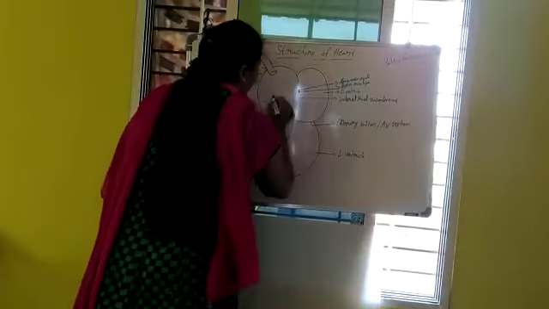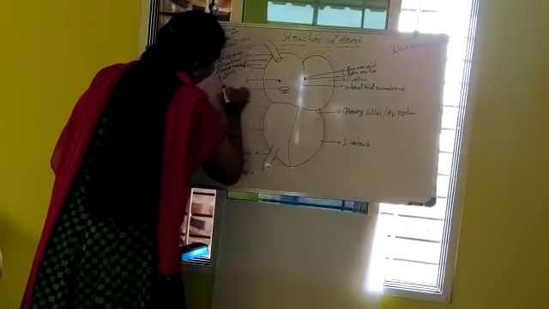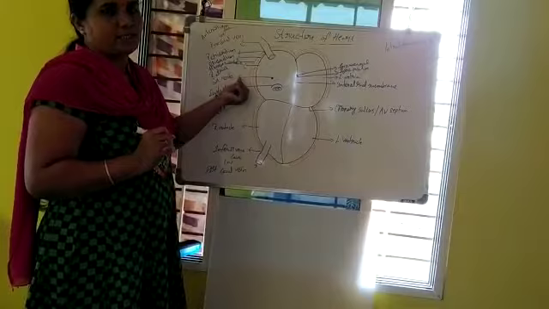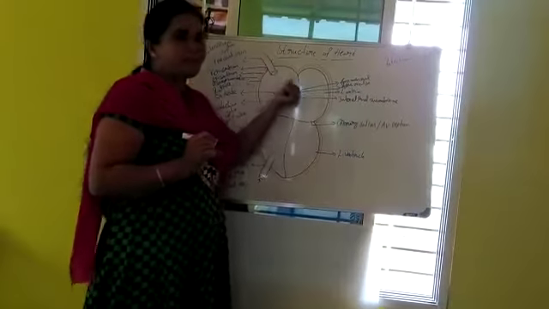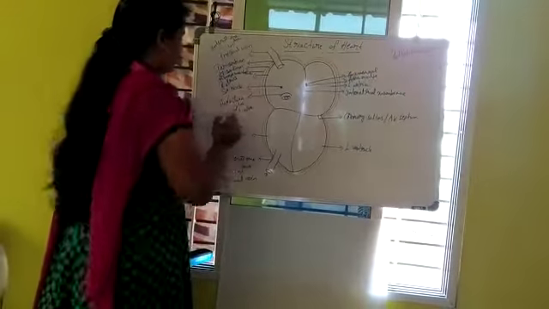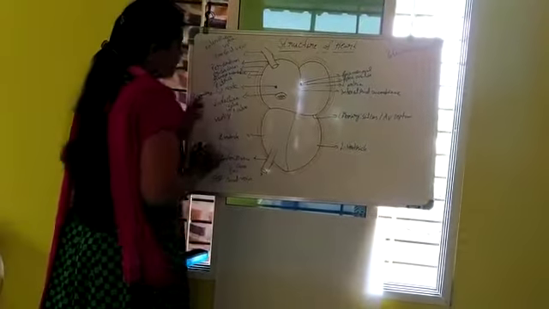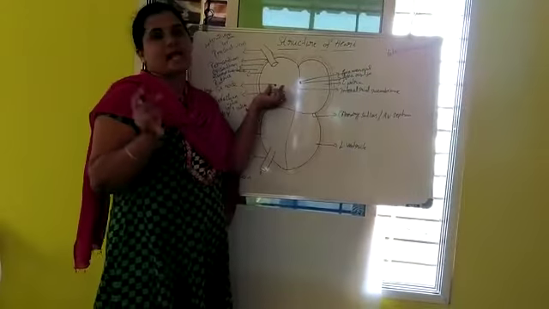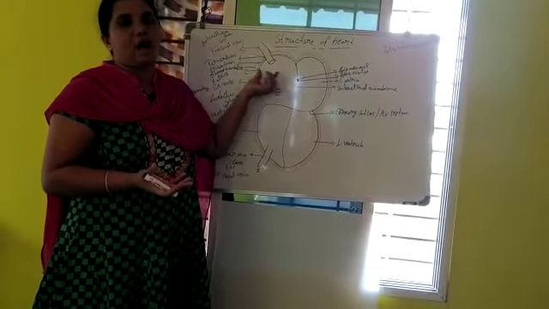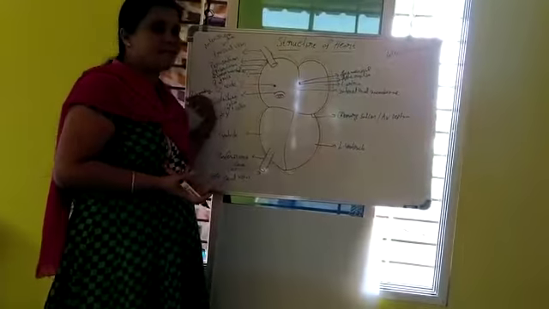Where there is a valve, there is a dot. This we can call the SA node. SA node means sinoatrial node. The SA node plays an important role in the heartbeat. We can also call the SA node a pacemaker. Why? In the SA node there is a cluster of cells that can generate electrical impulses. So the heartbeat starts from the SA node. That's why we call it a pacemaker.